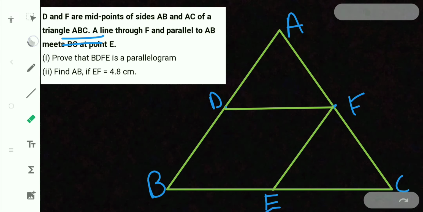So just come here. As this is a triangle, and you know D and F are midpoints of AB and BC respectively. So as the line DF is joining these two midpoints D and F, we can definitely apply the midpoint theorem. So DF will be parallel to BE, and DF also will be equal to half of BC. Half of BC, not BE, half of BC.